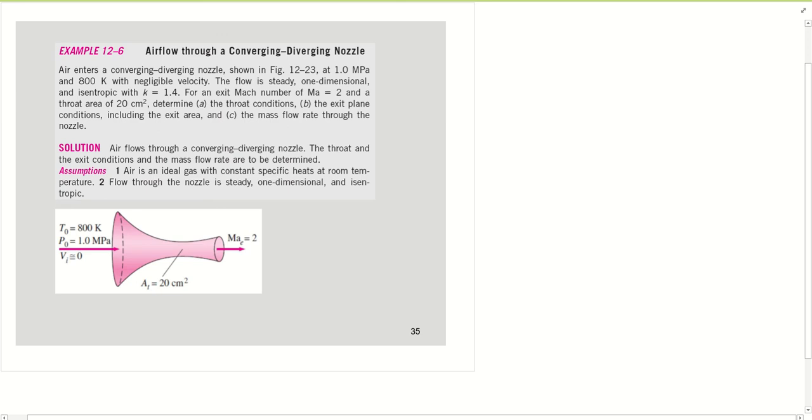With negligible velocity, the temperature and pressure at the inlet automatically become stagnation properties. The flow is steady, one-dimensional and isentropic with k equal to 1.4. The exit Mach number is set to 2, supersonic, and the throat area is